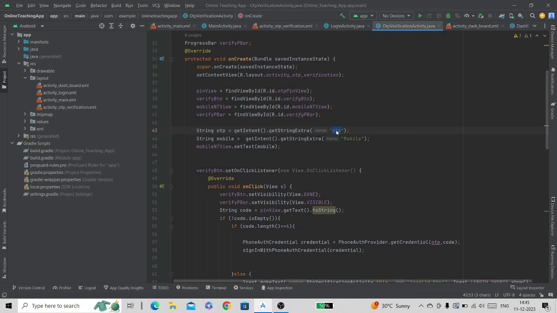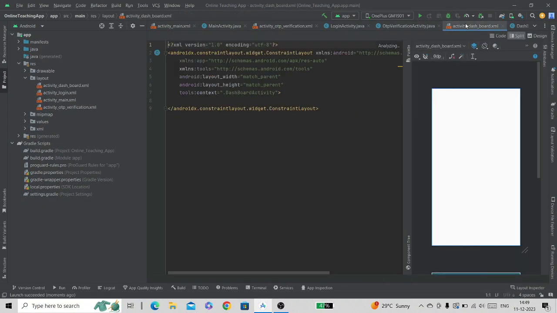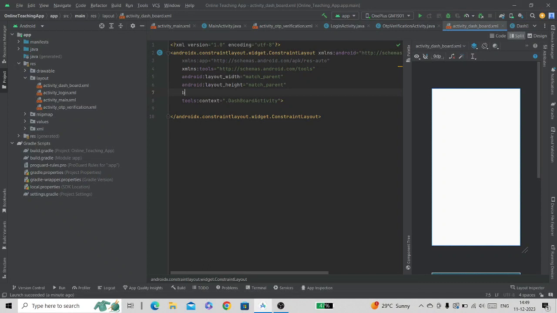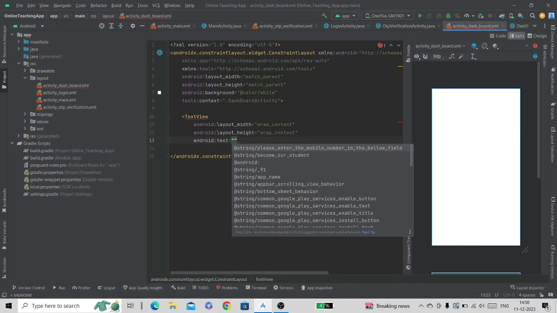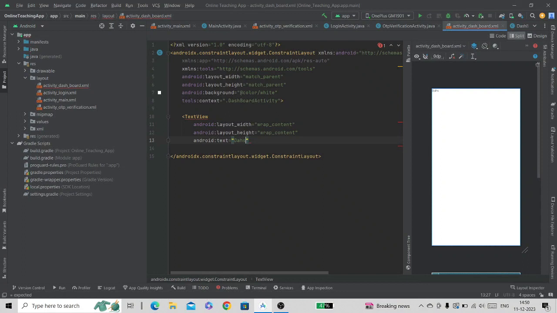Now let's run the project and see the output. I will connect the physical device to run my application, and the physical device will appear here. My device is connected. Now before we run the app, go to the dashboard activity XML file, and here give the background white and add a text view with the name of dashboard activity.